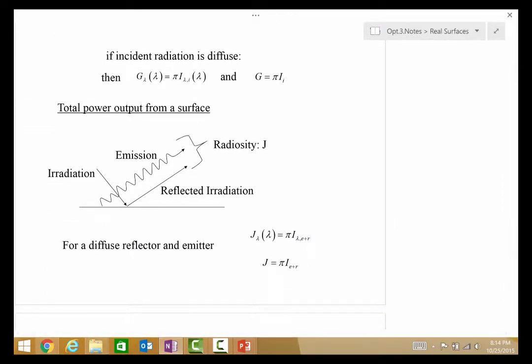If the incident radiation is diffuse, the same argument that we used for the emissive power is applicable for the irradiation. And what that says is that the spectral hemispherical irradiation is equal to pi times the incident directional intensity. Okay, so let's make sure we understand that. It says that this statement is a statement that I lambda I is not directionally dependent